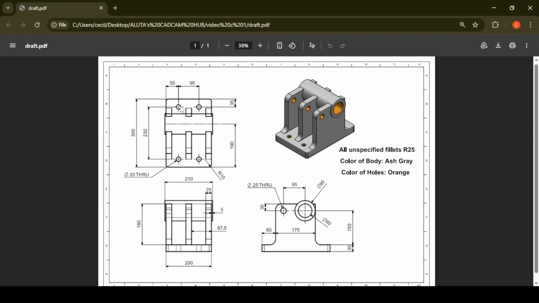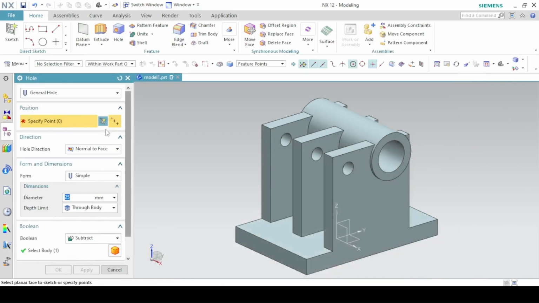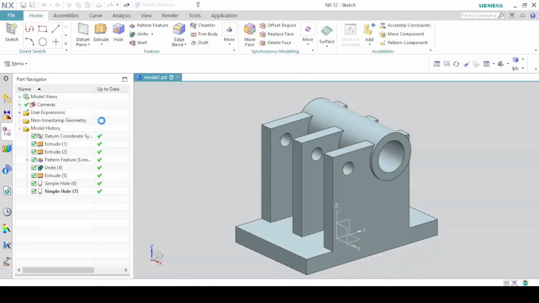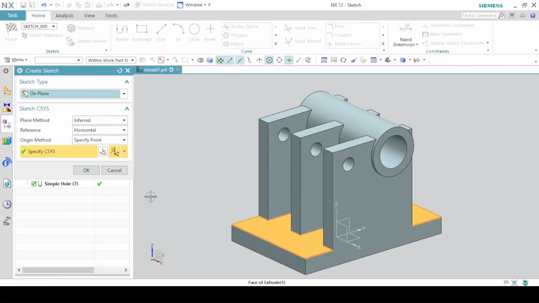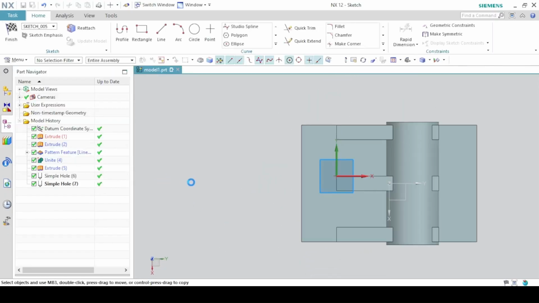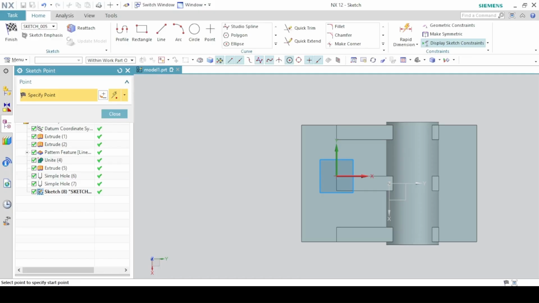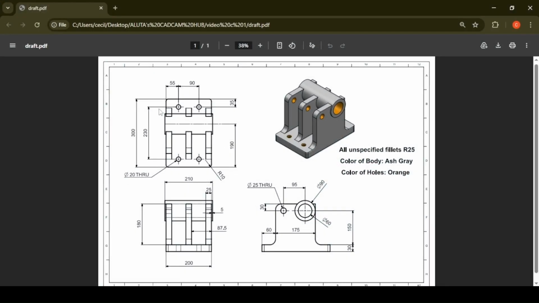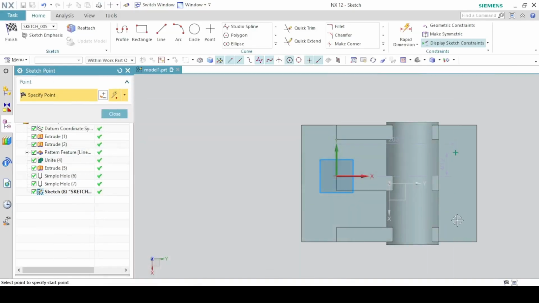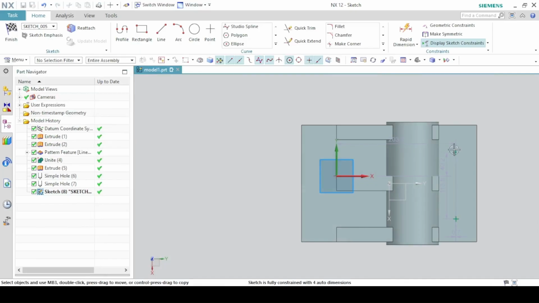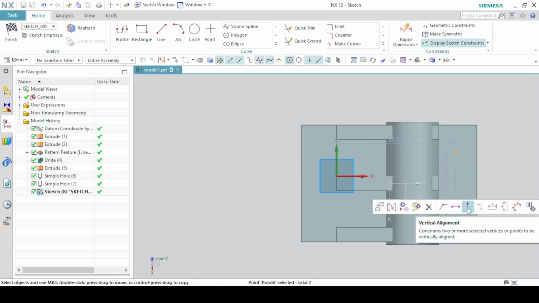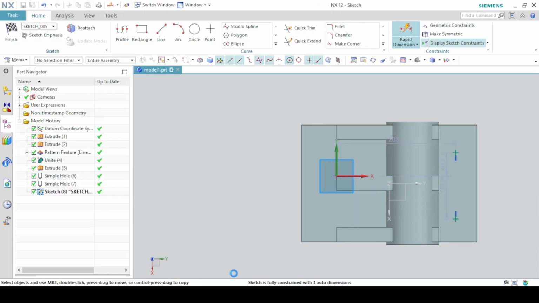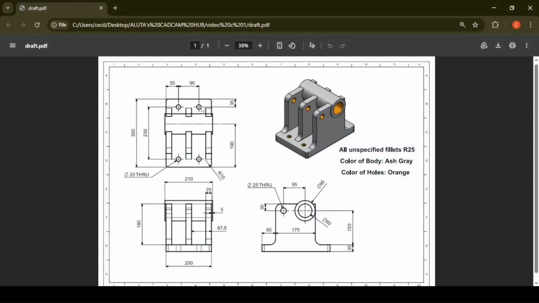Then we work on these 4 holes. So again, sketch section on this face. Okay. And we want to place these 2 holes and then pattern by a distance of 230. So place these 2 points here. Make sure they are vertically aligned. So click on this center and this center. Vertical alignment. The distance from the centers to this edge is 35.